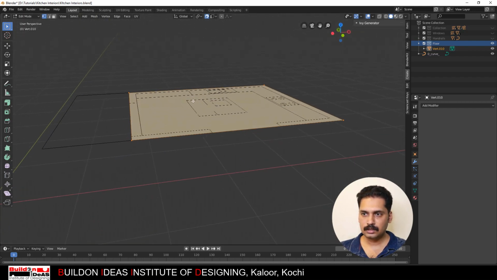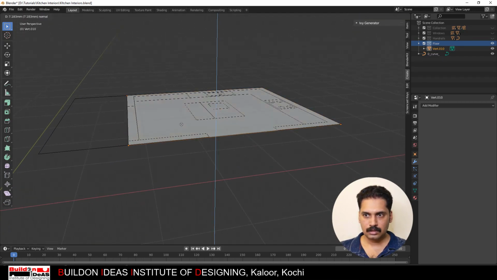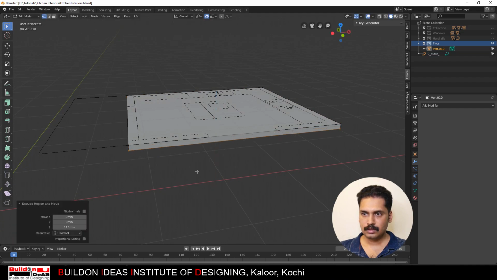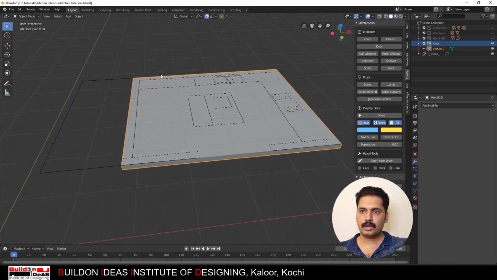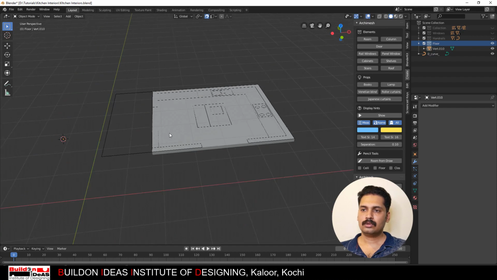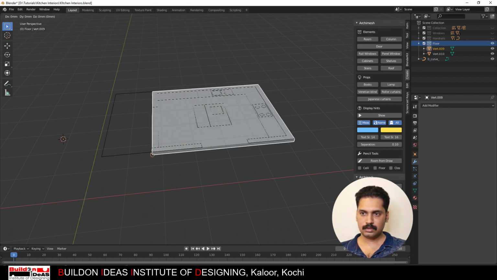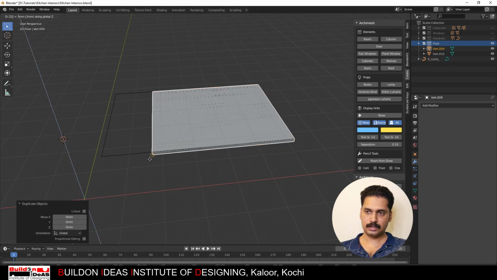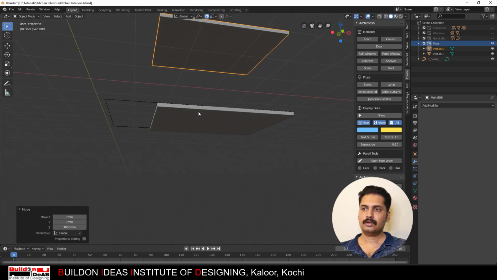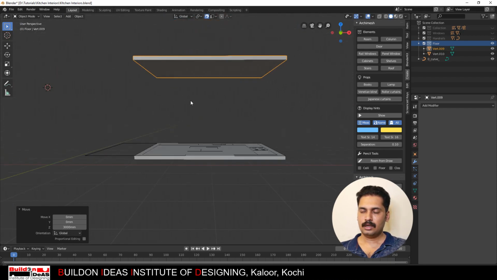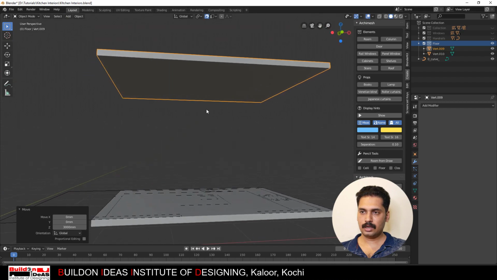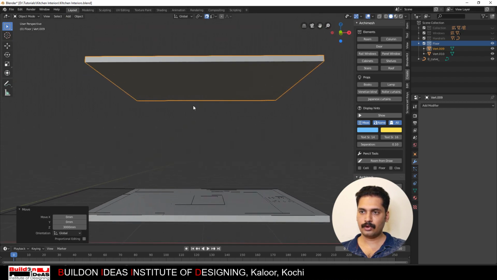Just to have a thickness, I'll just extrude it to the bottom, just like that. So we have the floor, and now go to the ceiling. I'll just select this, and then do a Shift D and have it here, just G in Z direction. We'll give just 3000 millimeters. So it is the ceiling, the roof actually, and then I'll have the cove lighting and this false ceiling below